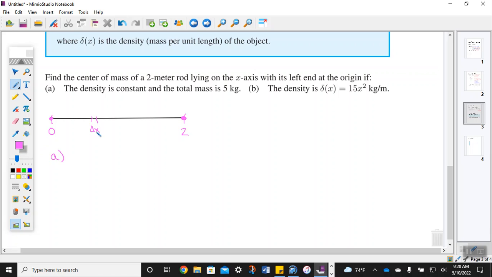Now you guys have told me that the mass will equal the density times a volume. In this case, it'll be a density times a certain length. Notice right here, the density is going to be kilograms per meter. So it's going to be the density times a certain length. So guys, the mass of my one slice right here,